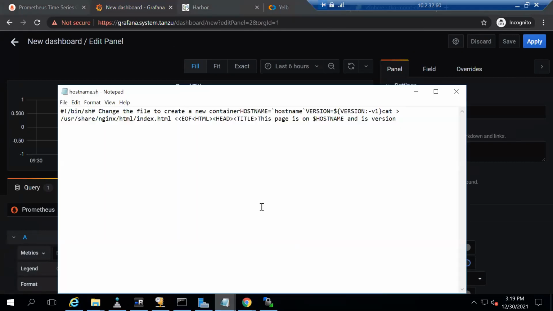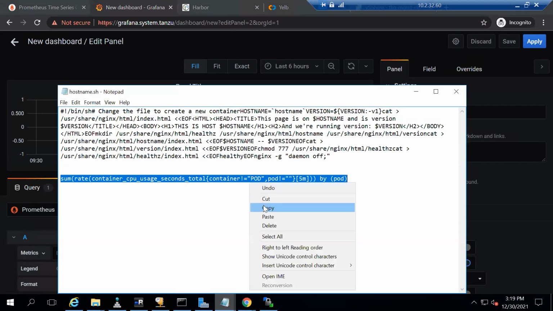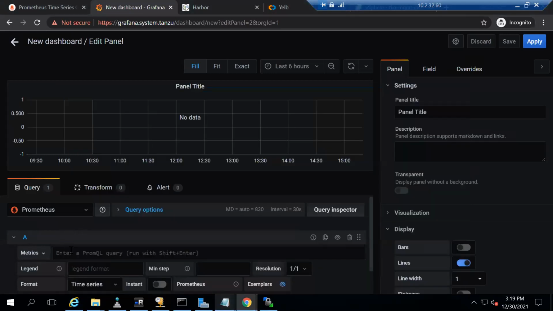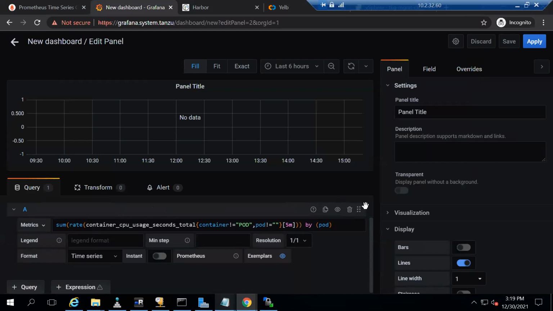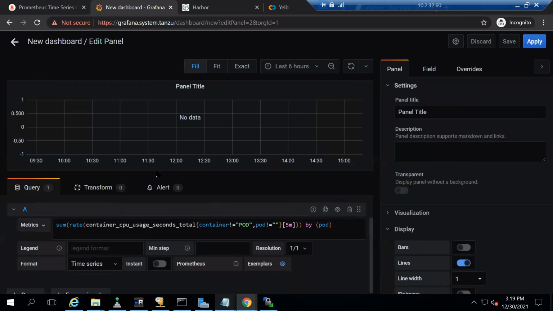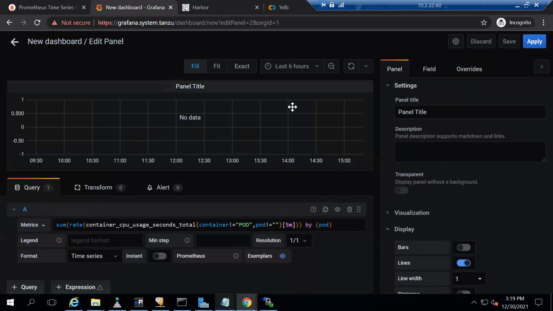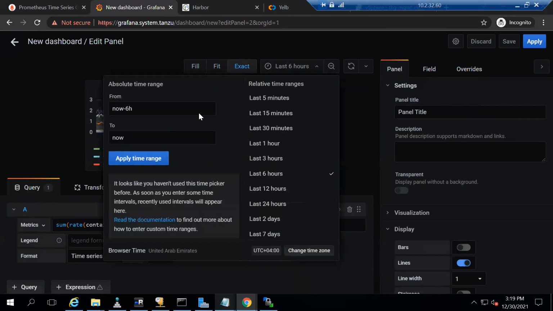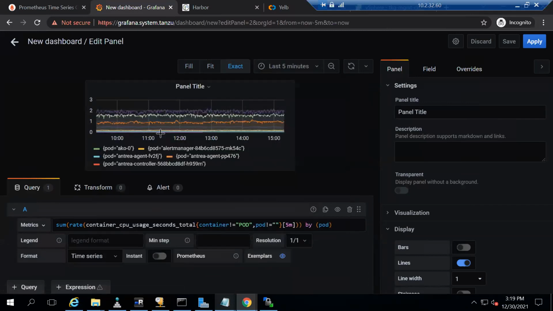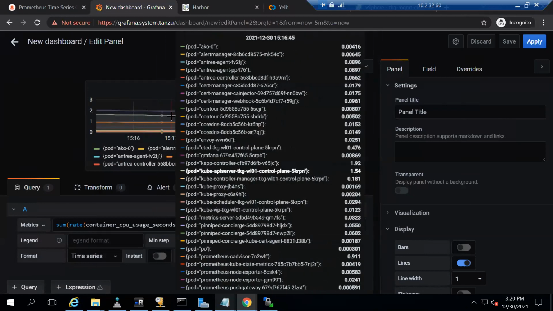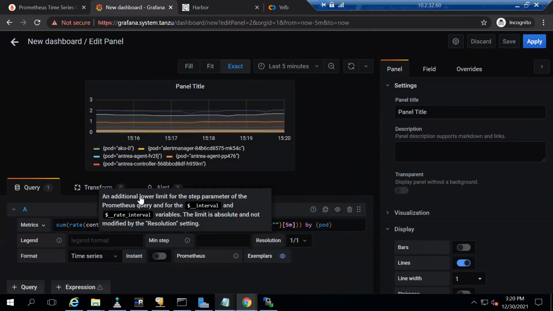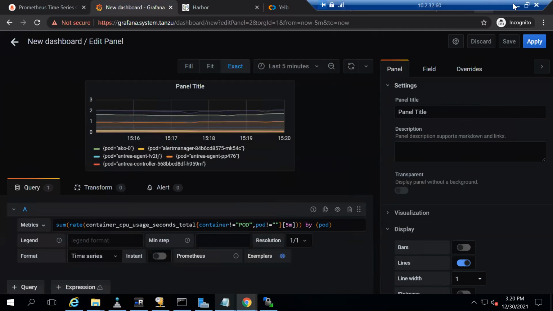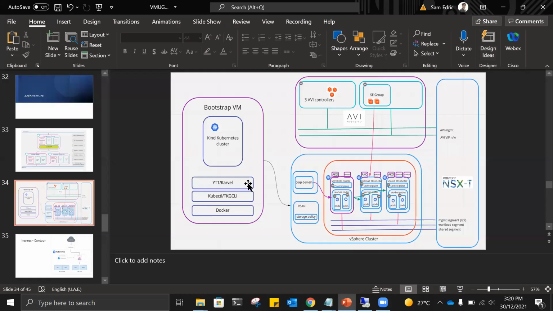I have some predefined queries. These pretty much work on the PromQL language, and if you create something like this, it would generate metrics based on what is available. You can see here it shows the data for the pods that are available. These are all the pods that are running, and you can create based on the values that you define. So that's pretty much the demo part of it.